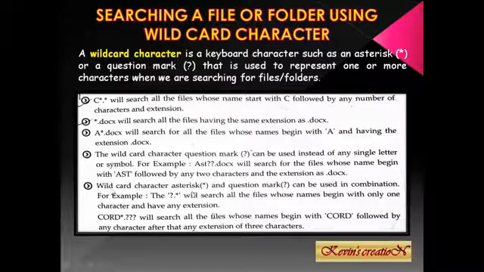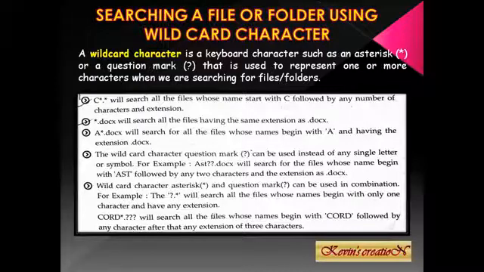Now sometimes we use the asterisk and question mark together in combination. For example, question mark dot asterisk will search for all the files whose name begins with only one character. We don't know which character it is, so we have given a question mark.